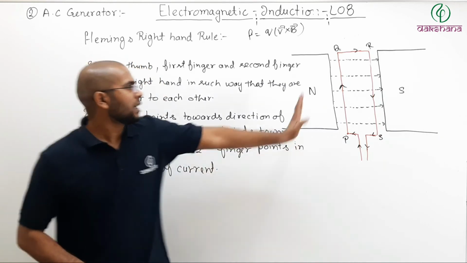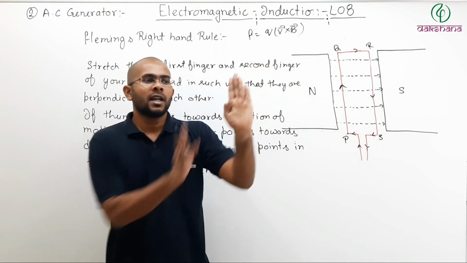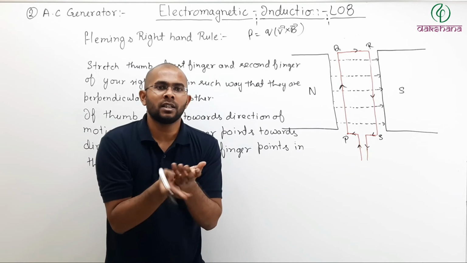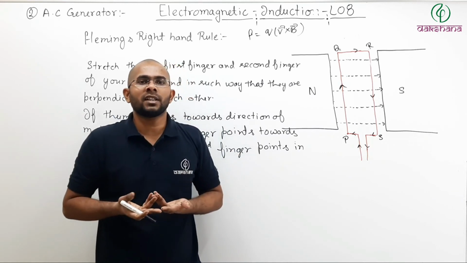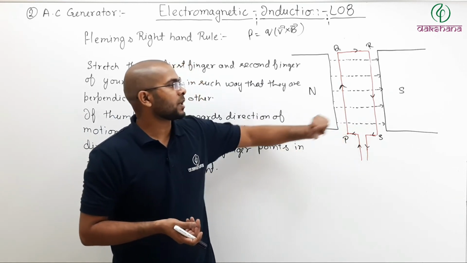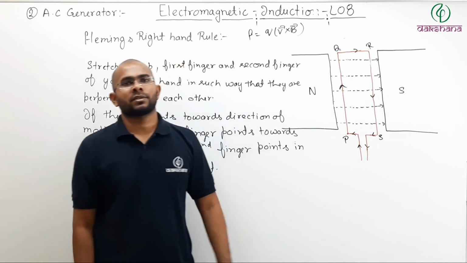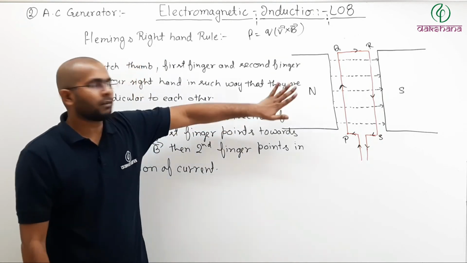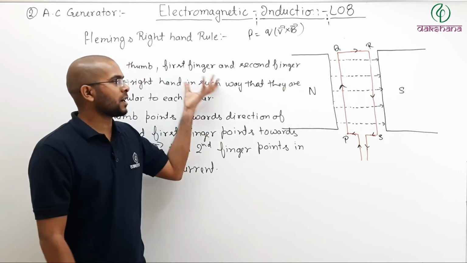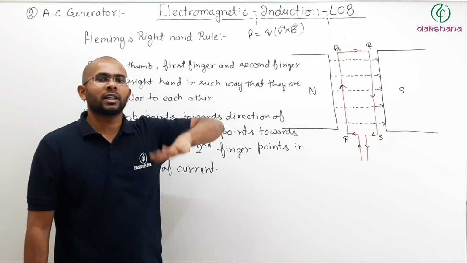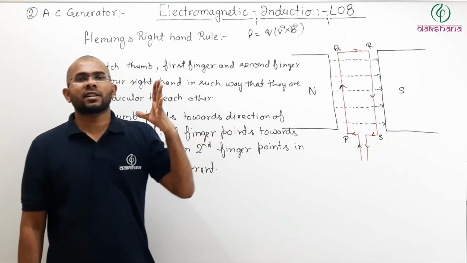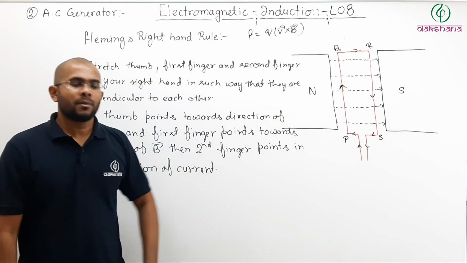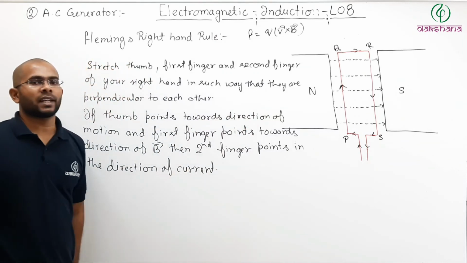What is that principle? If that wire is coming upward, electrons are also coming outward with the same velocity as the wire. So electrons become a moving charge, and if they are moving charge, they are placed in a field, they will experience a force. That is your trick. So on the basic level, every one of those rules, Lenz's law, right hand rule, and this, all of them are working on the idea that electrons are experiencing a force. If they are moving with the wire, then they are experiencing a force. Based on that, you are finding the direction of current.